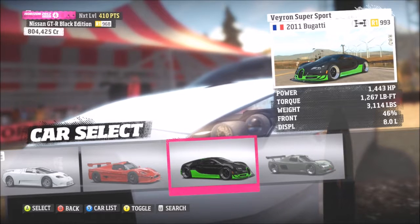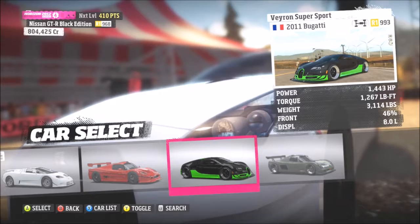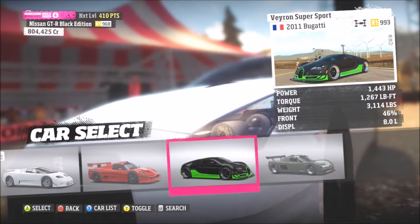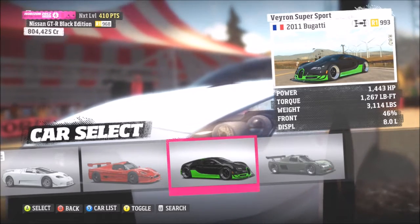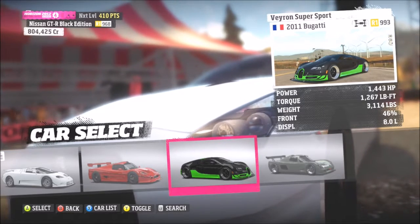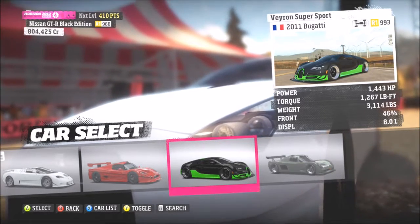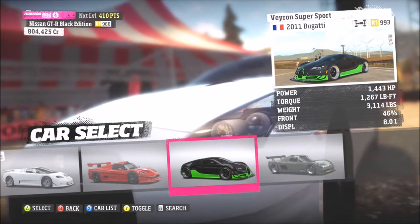A buddy of mine and I were online, and we were doing highway runs, and he had his EB110, and I was like, okay, I'll go grab my Bugatti. And the longer I kept racing and driving on the highway, the faster I would go. I looked at it, and I said, you know what, I want to build this car more towards the higher speed. So I put the splitter on it, cut through the wind a little better, put lighter weight wheels on it, and overall,